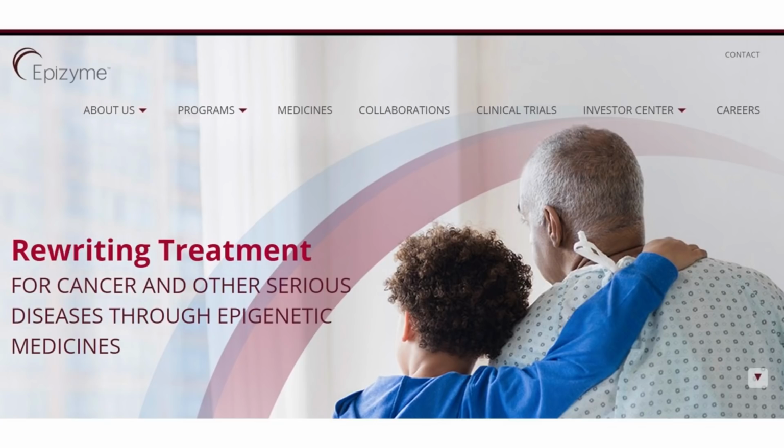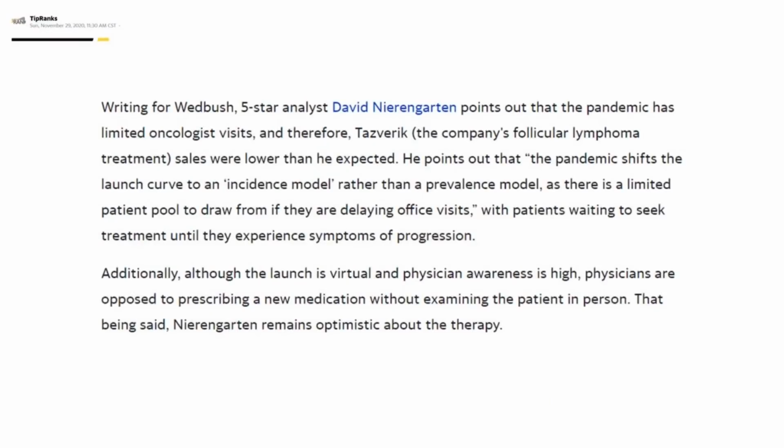This company also focuses on the treatment of cancer and other serious diseases, but through epigenetic medicines. Now, sales of their latest drug were a bit lower than expected, but that was largely due to the pandemic. Wedbush 5-star analyst David Nierengarten points out that the pandemic limited oncologist visits. The pandemic shifts the launch curve to an incidence model rather than a prevalence model, as there is a limited patient pool to draw from if they're delaying office visits, with patients waiting to seek treatment until they're experiencing symptoms